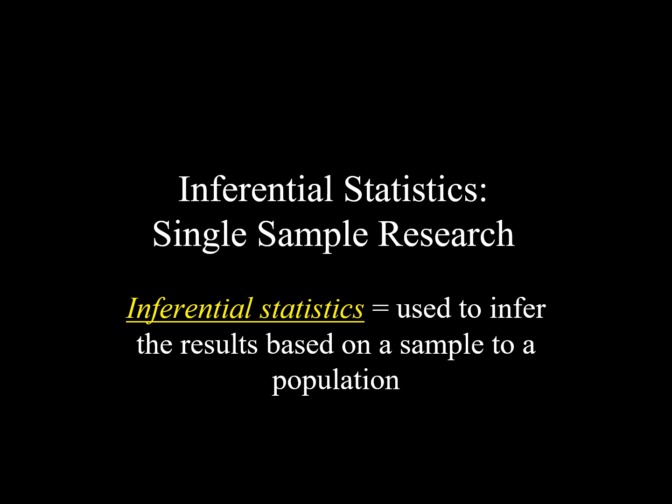And typically we have an independent variable and a dependent variable at a minimum. They can be much more complex than this. And when we're looking for the pattern in events, we're looking for a mathematical pattern through statistics. So our most simple type of inferential statistic is called the single sample research. And what this means is that we are using an inferential statistic used to infer the results based on a